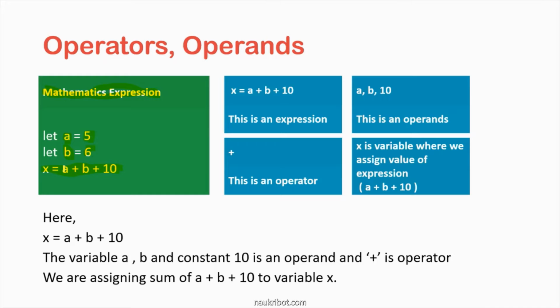So what are the operands here and what are the operators? Whenever we say operators, whatever signs are present, like plus, equal to, minus, multiplication, division, are all called operators. And all the variables and all the constants are called operands. If I ask about x is equal to a plus b plus 10, what is the operator and what is the operand? Plus and is equal to are the operators, and a, b, 10 and x are all the operands here, correct?